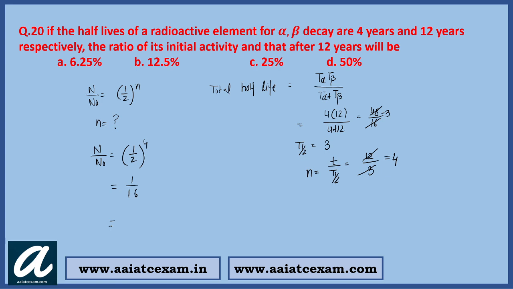So you can say after first it will be 50%, after this will become 25%, after that this will become, 25's half is 12.5%, and its half is again 6.25%. So your answer is 6.25%. Or you can divide 1 by 16, you'll get 6.25%. Just multiply it by 100, so you'll get 6.25%.